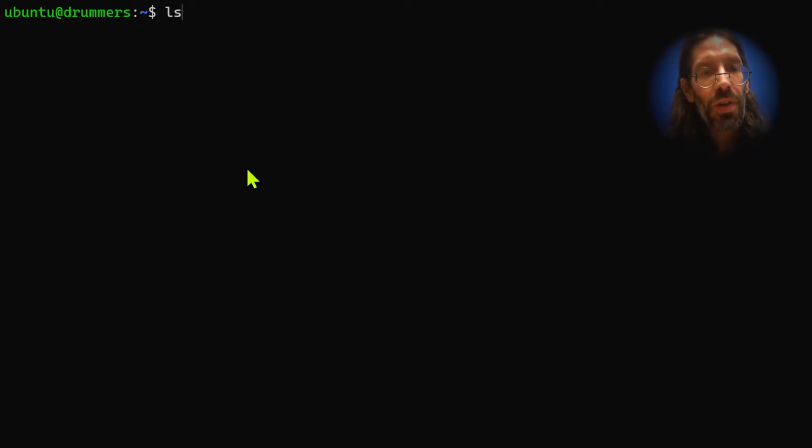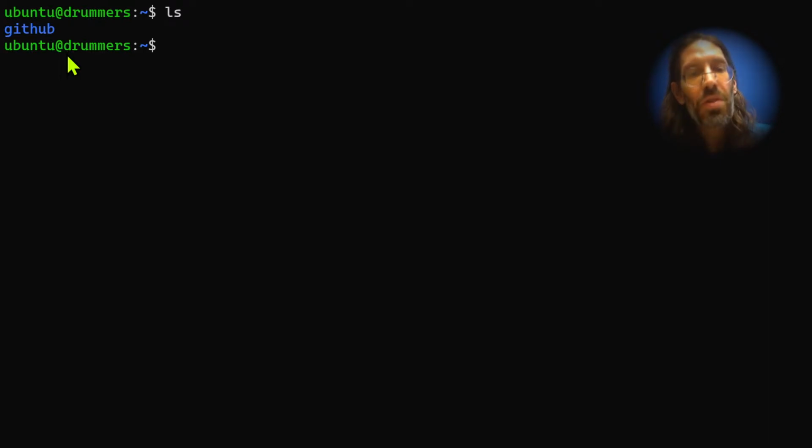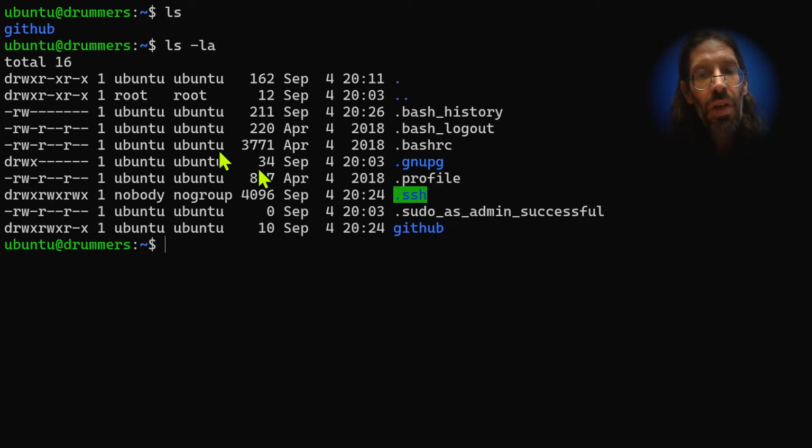All right. So as before, I'll do an ls, and you can see the only thing that's there is a GitHub directory that I had actually made before to demonstrate our keys. If we do an ls -la, you'll see the SSH location that I did with a similar mapping trick from earlier, but what you won't see is a location called data, okay?